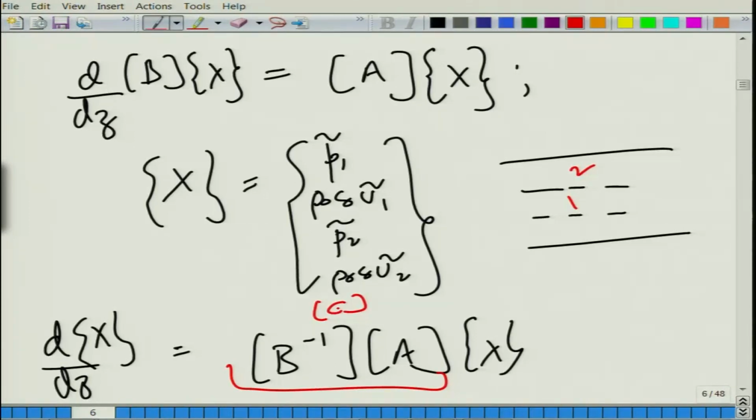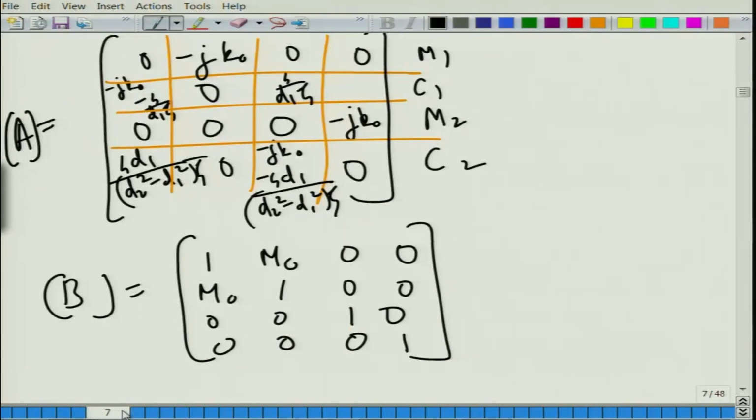One thing we realize is that because of the particular rearrangement of the equations on the right hand side, we put the continuity equation first and momentum second, and so on. It led to a different form of the B matrix. So, we slightly rearrange that. Momentum equation is the first row now, continuity equation is the second row, and so on. With this small rearrangement, it is easy to see that when M naught is 0, that is stationary medium, we get B as I, the identity matrix, which is very obvious. When M naught is not 0, then we need to invert that matrix, and that is what we are doing here.